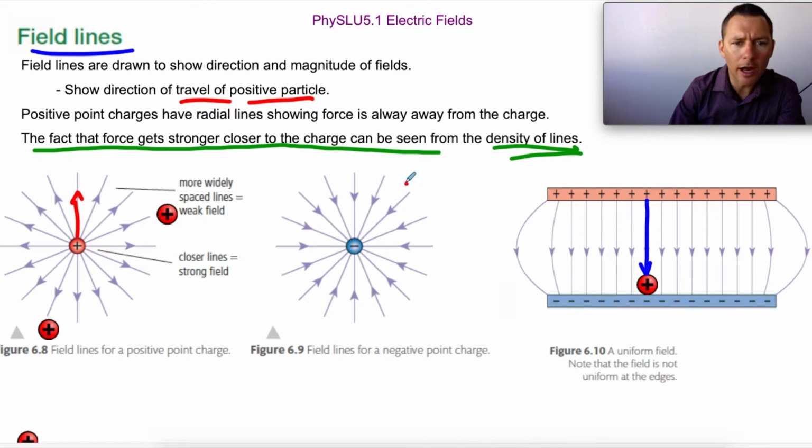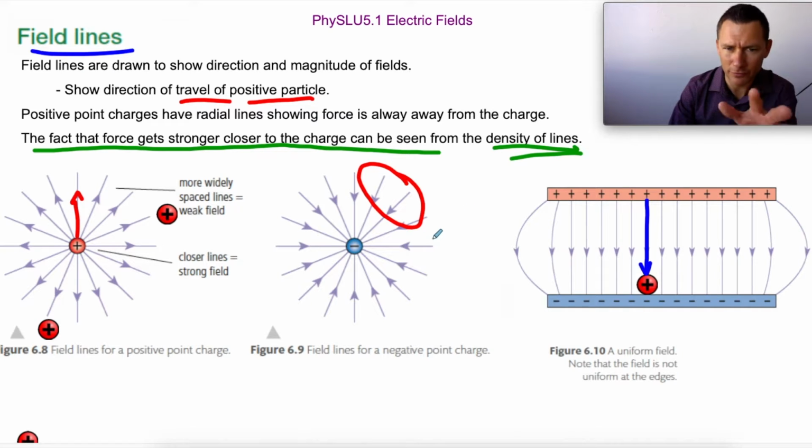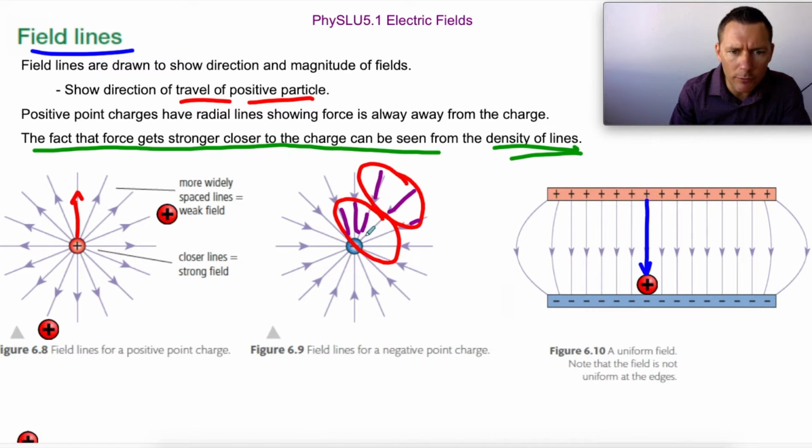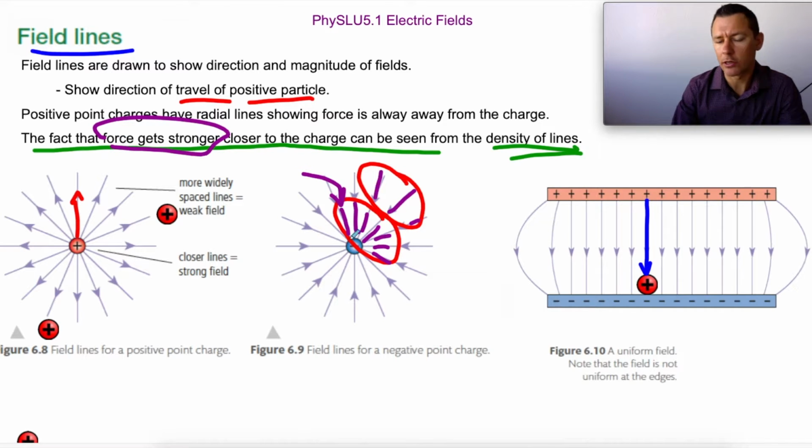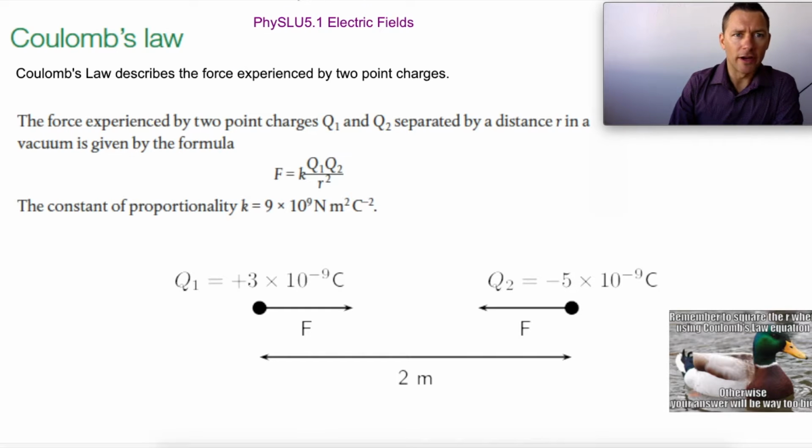look out here, less dense field lines means you see fewer lines. Here in that same bubble, I'm counting 1, 2, and a little bit field lines. Here I'm counting 1, 2, 3, 4, 5, 6, 7 field lines. Higher density of field lines shows you that the force gets stronger as you get closer, which makes sense. It's just a way to visualize it. All right,